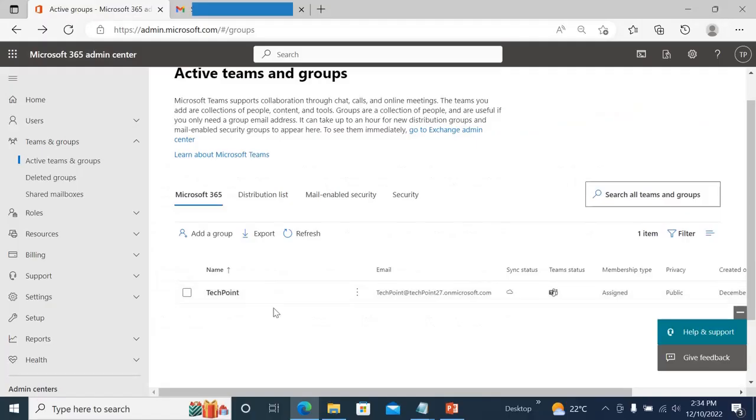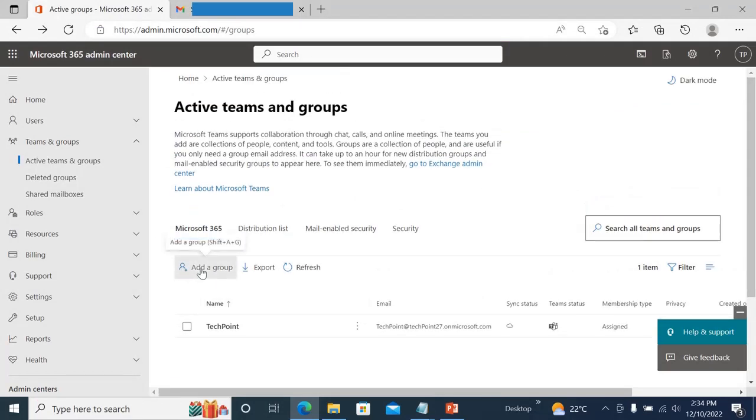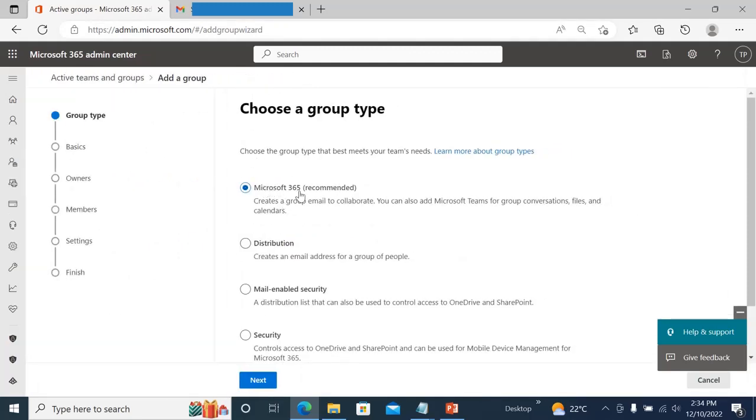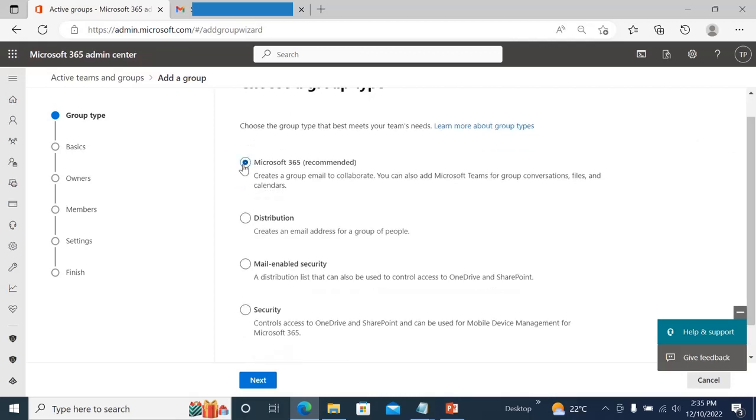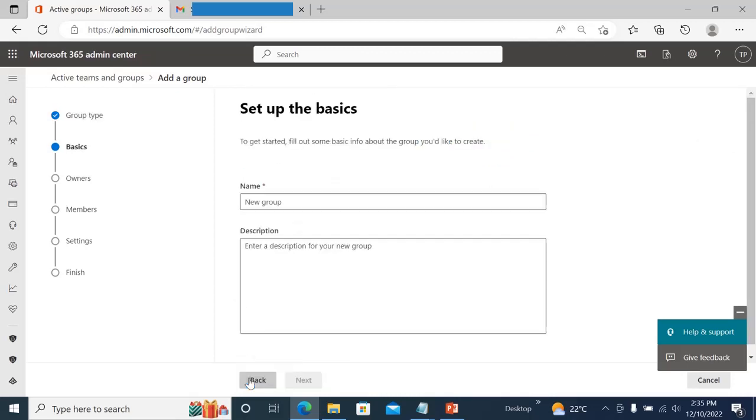So now let's go back to Microsoft 365 Admin Center and create a group. Here you need to click on Add a group and then choose which group you want to create. I want to create a Microsoft 365 group because it creates a group email to collaborate, and you can also add Microsoft Teams for group conversation, files, and calendar. Now once you click Microsoft 365, you can click Next, and then you have to give the name. I will name it Finance Group, and then a description,